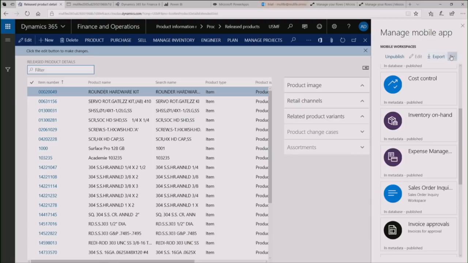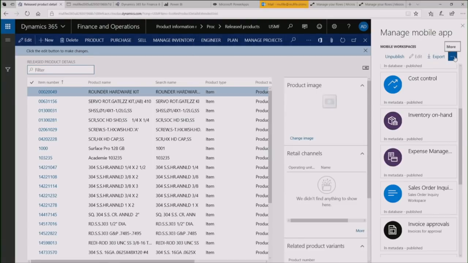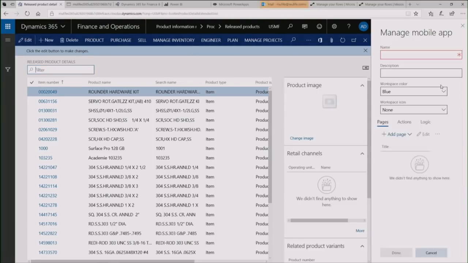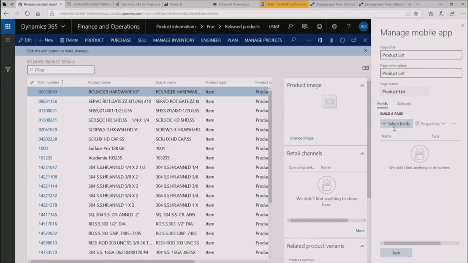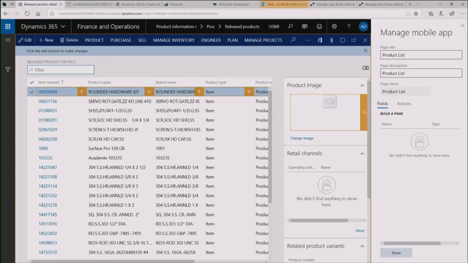There. So all I do here is say I want to create a new app or a mobile workspace. Call it Product Browser. Then I add a page here, and I'm going to call this Product List. Then I tell it that I want to add some fields. Notice the form now lights up with a couple of options. So now I can select the item number, the product name, the product type,